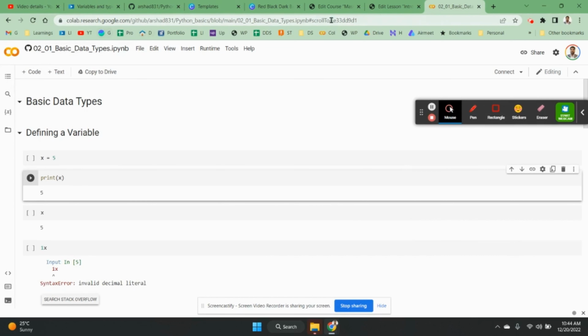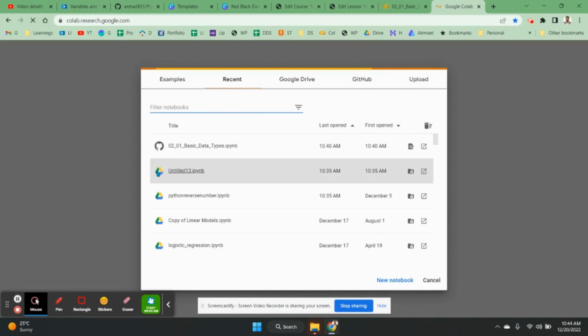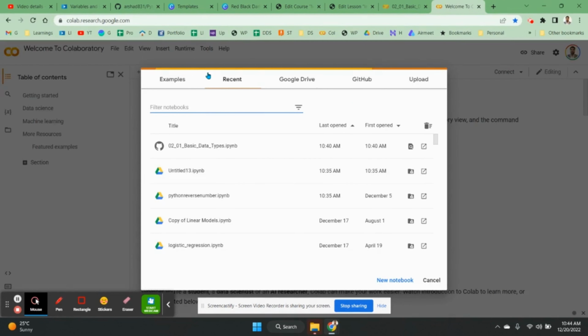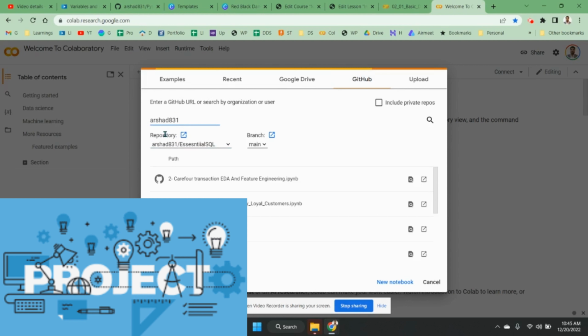You need to open colab.research.google.com. You will get an open file option, from where the files have to be uploaded. The best thing about this is the file is in GitHub, and for the repository name, you just type the username Arshad831. After you enter this, like suppose I enter this,